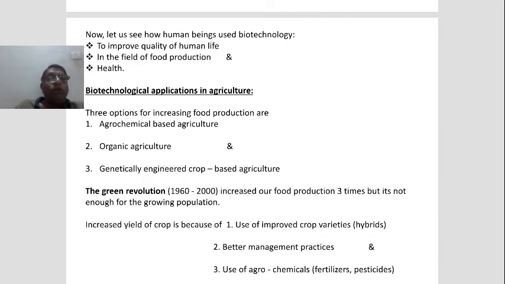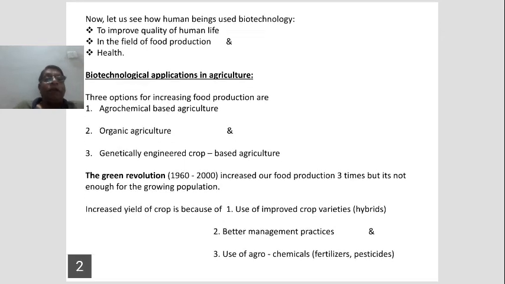Now today we are self-sufficient in food production. Self-sufficient means India is self-sufficient in food production. Okay, but